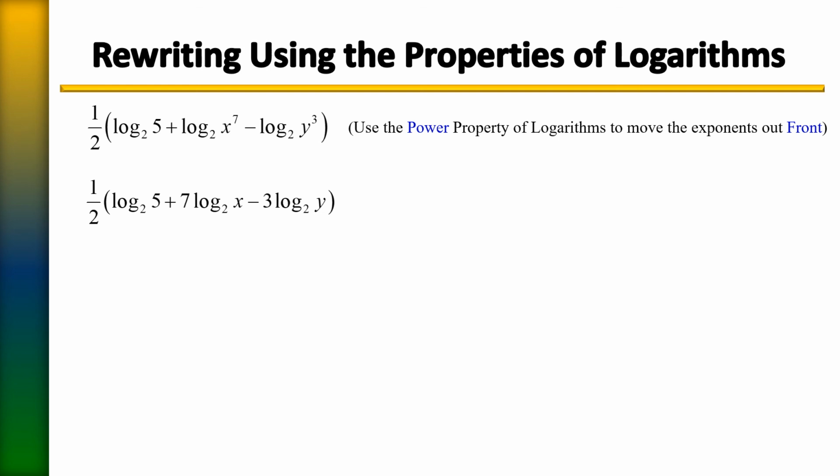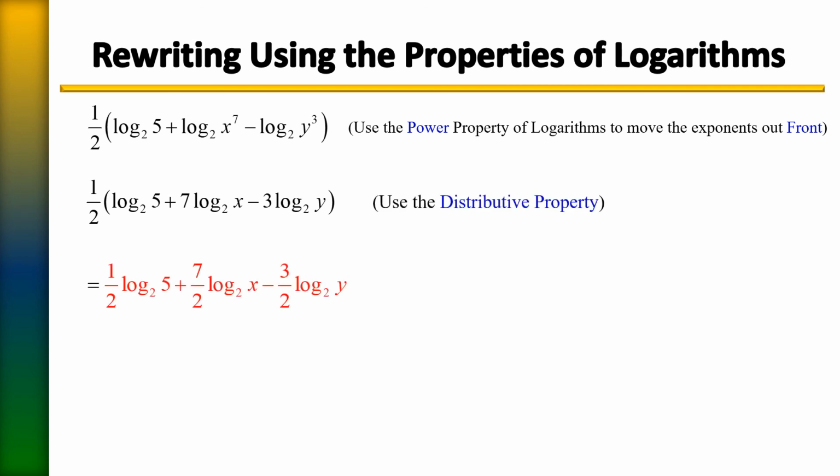And one last step to write this as an expanded log. We can just simply distribute the 1/2 to each log, distribute it to each term. And so when we do so, it's going to look like so. And there you have it. We have rewritten the expression or the logarithms using properties